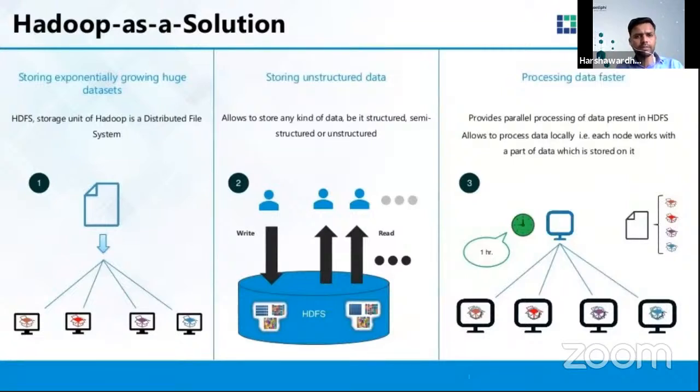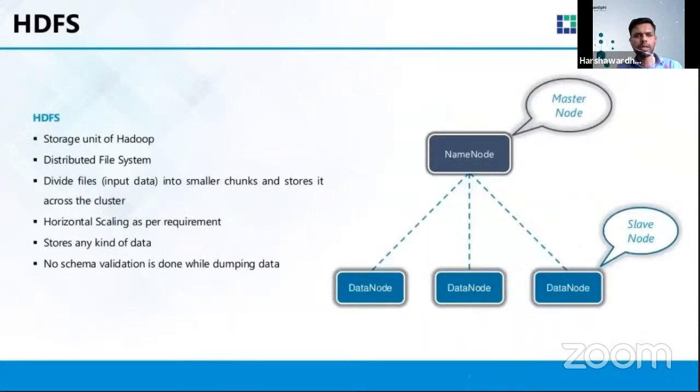So these are some of the basic fundamentals of Hadoop: Hadoop provides 2 components, storage and processing, HDFS and MapReduce. HDFS is capable of storing the data, and MapReduce is capable of processing the data. Now, how efficiently does it do that? Let's go and check. But before that, let's have a quick introduction to some of the other components of Hadoop, right? So the main 2 components are HDFS and MapReduce.